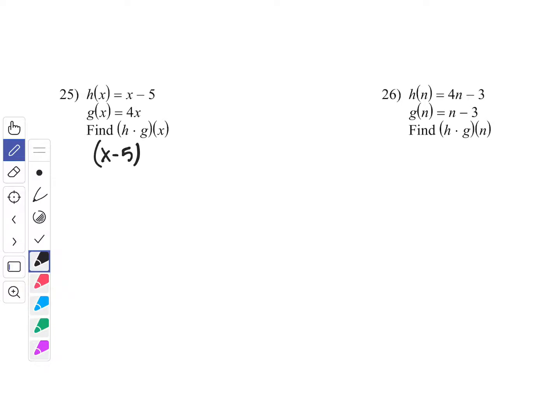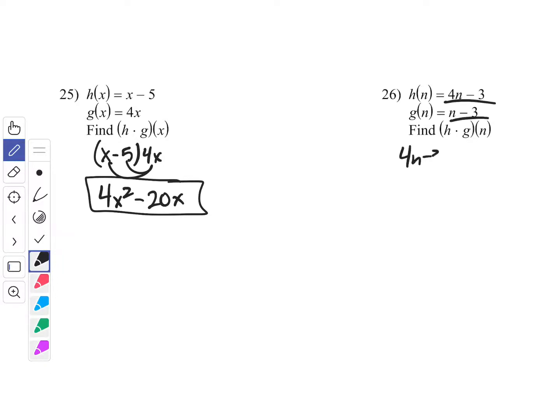X minus 5: 4x times x is 4x squared, 4x times negative 5 is negative 20x. But again, if we have this one with the two binomials, 4n minus 3 times n minus 3, I do our first, 4n times n, which is 4n squared,